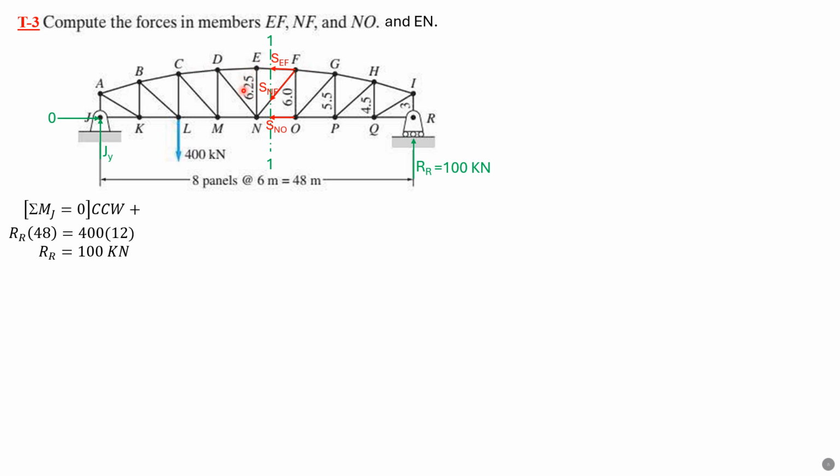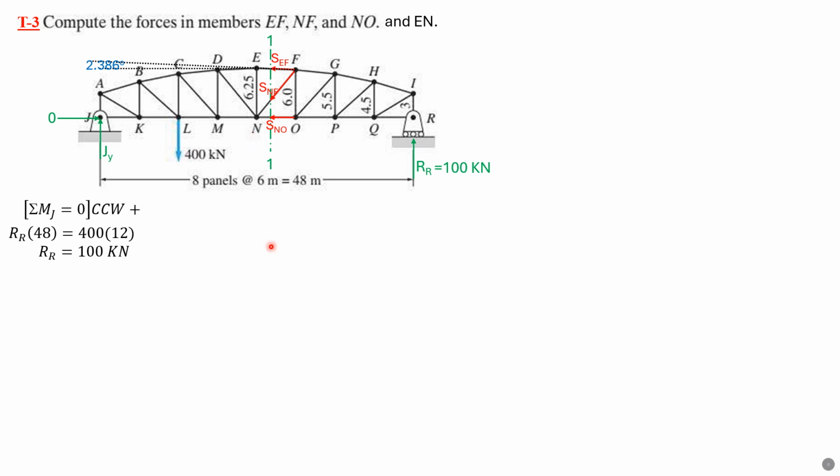Inverse tangent of 0.25 over 6, since 6.25 minus 6 is 0.25, and that angle is 2.386 degrees. So to solve for SEF, we sum up moments about N so that the other two unknown members will meet there and not be involved in the moment summation. I also apply the principle of transmissibility of a force so that SEF will have only one moment component, its horizontal component, about N. The vertical component is not shown here because it passes through N.